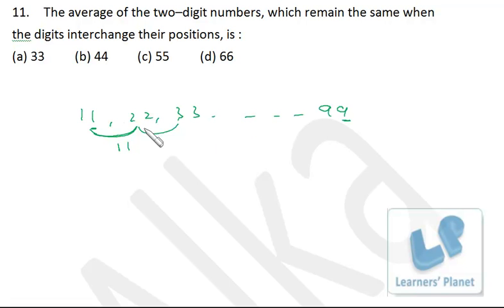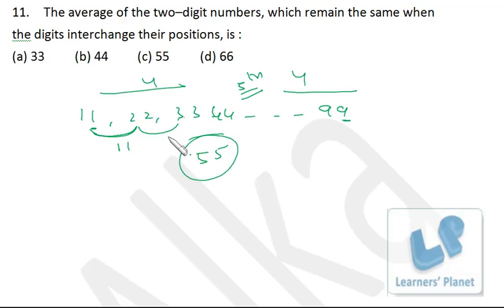So average of all these 9 data will be nothing but the 5th data. Right? 1, 2, 3, 4 this side, 4 data this side, and the 5th data will be the average. So that is actually 55. Okay, no need to calculate. Simple funda we are using over here. If the numbers are in arithmetic progression, then the middle number will be their arithmetic mean. Okay,